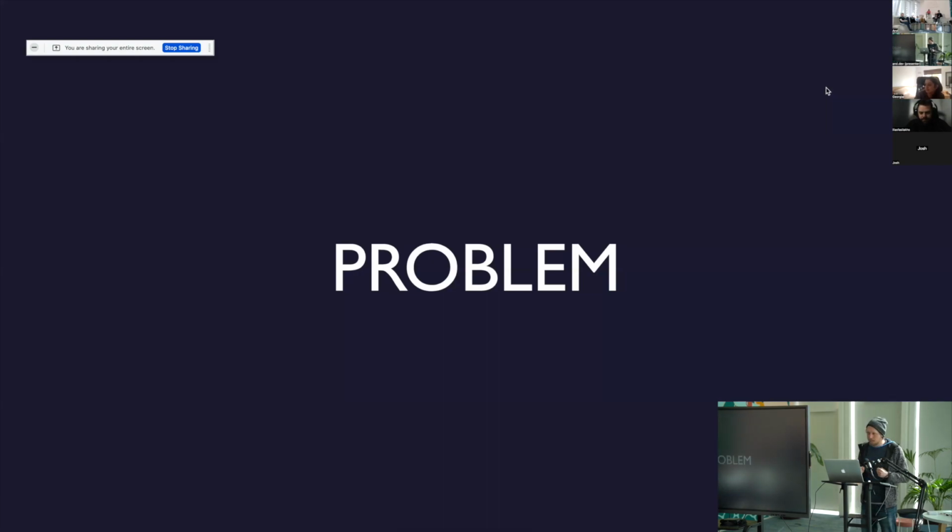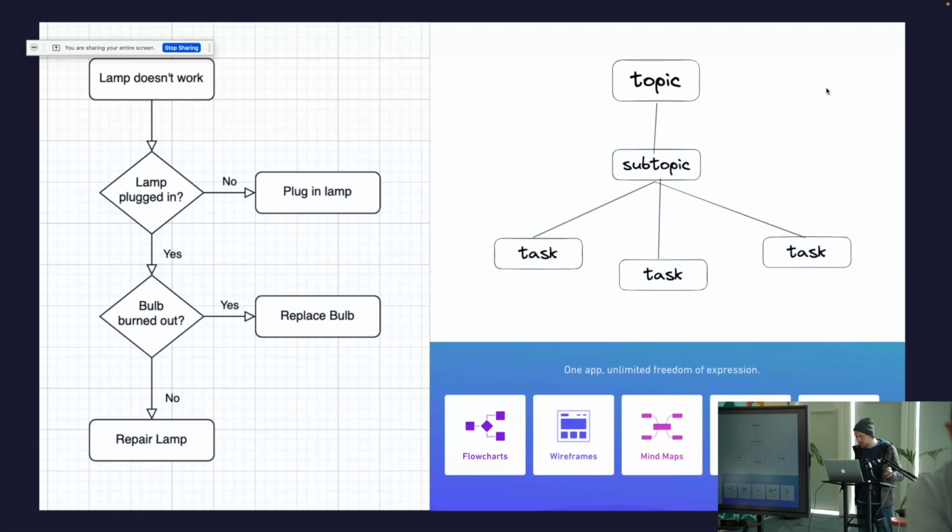Of course, there was a problem we were thinking about. Why do we build this? Why do we need to make a roadmap application? In short, there's a lot of options. There's tons of things that can make things that look kind of like roadmaps or trees or wireframes or flowcharts,